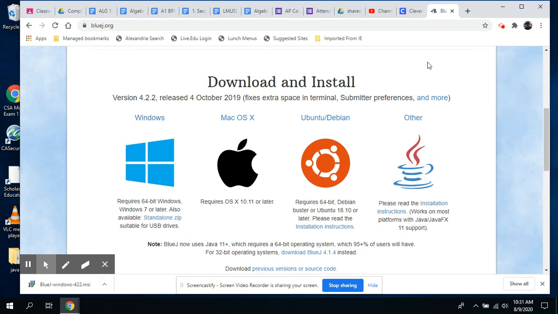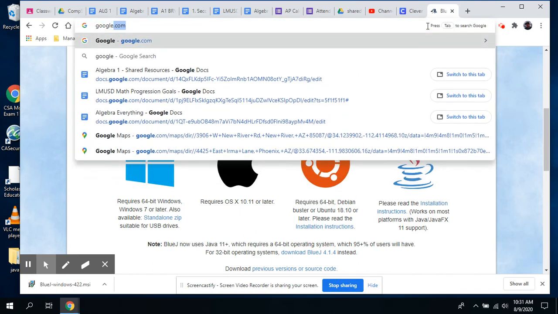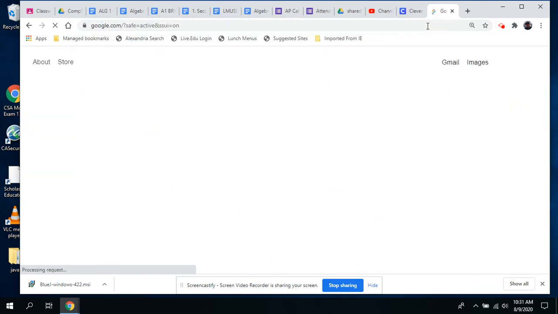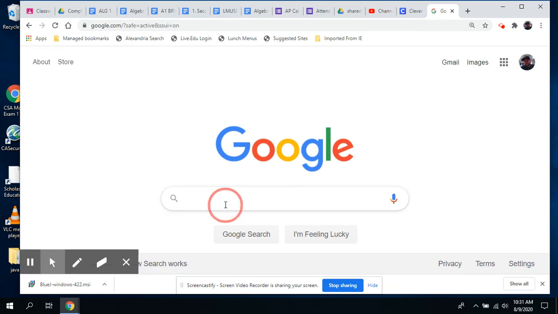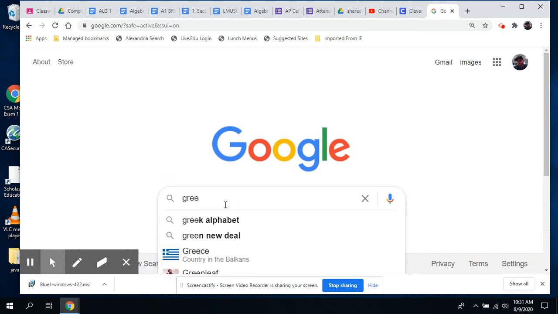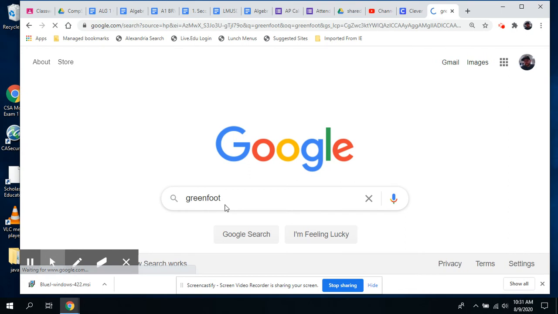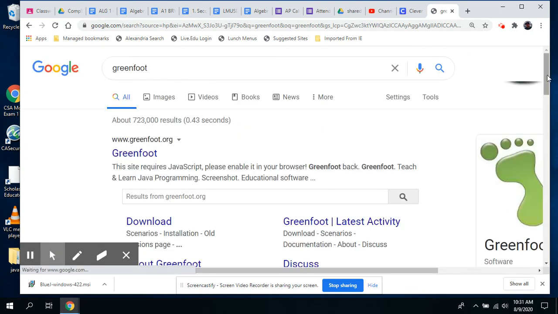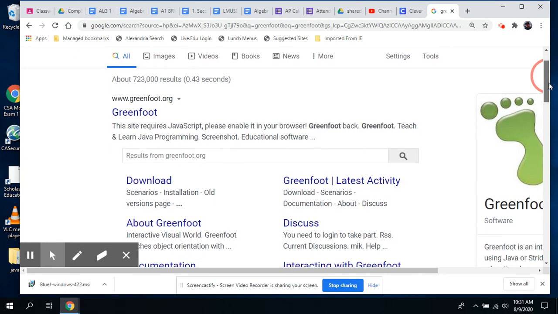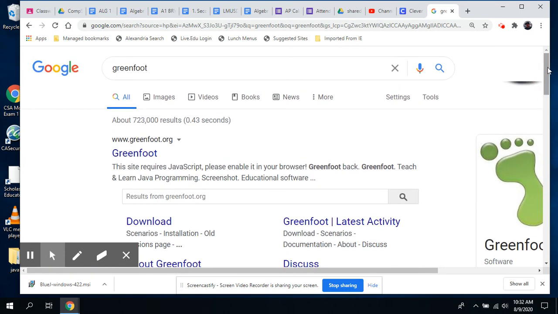The other program is Greenfoot, and you could type in the website that's on the syllabus, or you could Google it, and it is the first result. You'd go through the same process to download and install it. Now, once you have it downloaded and installed,